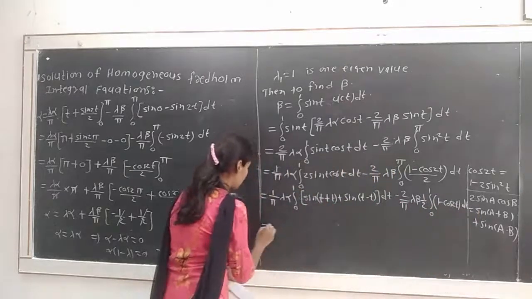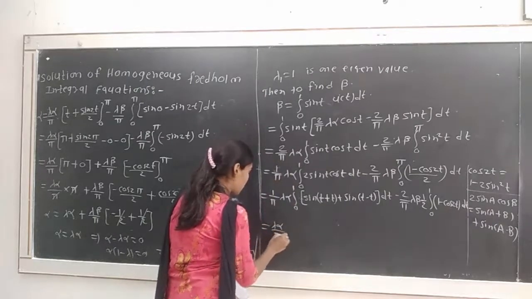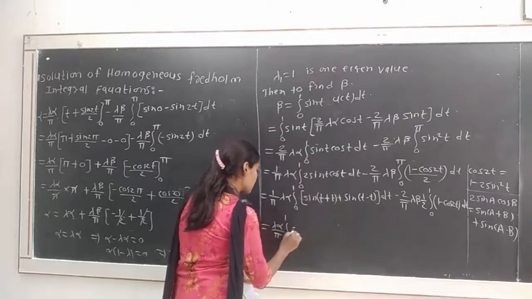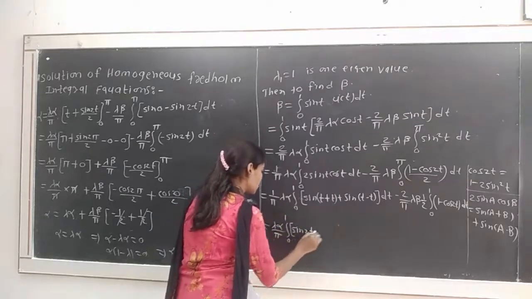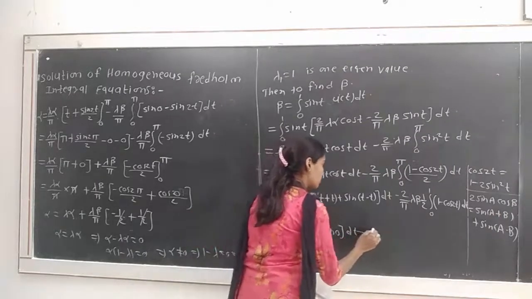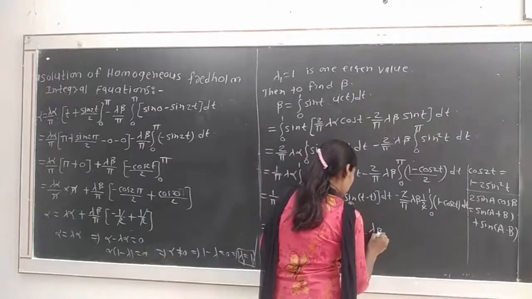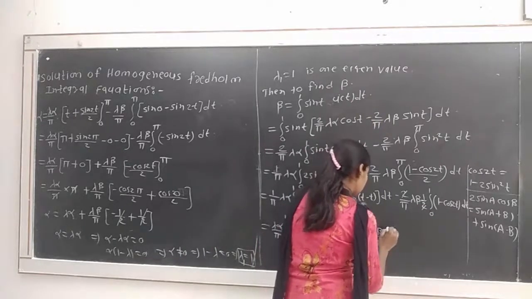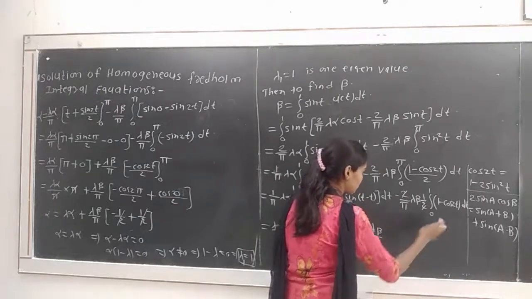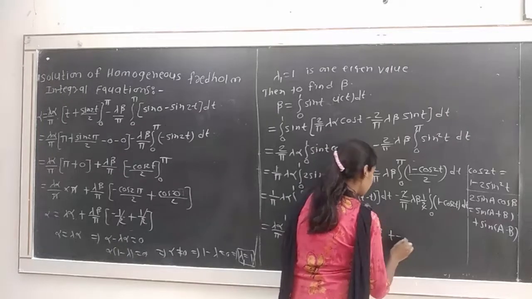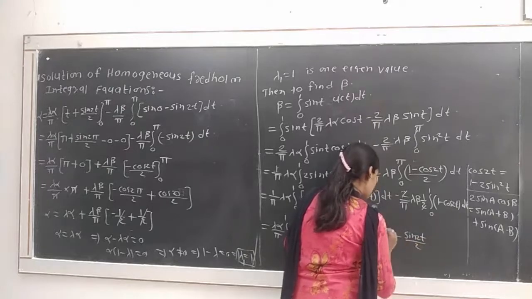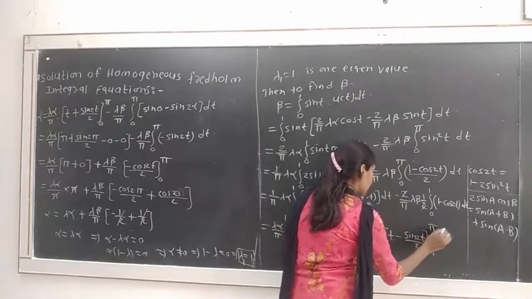Okay, so we have lambda alpha divided by pi integration from 0 to 1 sin t plus t will be sin 2t. Then plus sin 0 dt, minus, this 2 gets cancelled, minus lambda beta divided by pi integration from 0 to 1, or here we write the integration, so we have to get integration of this will be t minus integration of cos 2t will be sin 2t divided by 2 from 0 to pi limits.